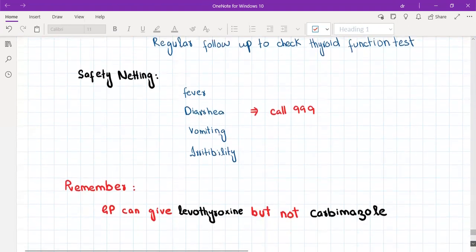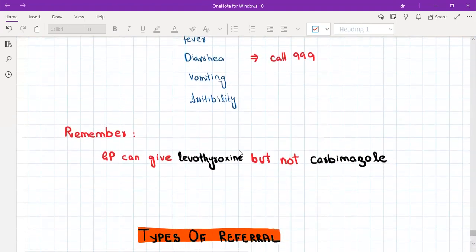So the take-home point here is to remember that a GP can give levothyroxine but not carbimazole. Carbimazole is under the domain of the endocrinologist. And remember not to confuse hypothyroidism with a cause of weight loss. I've only discussed it here so that it might not be forgotten, because hypothyroidism is also a very